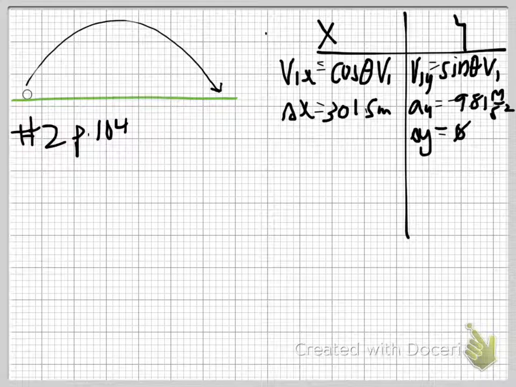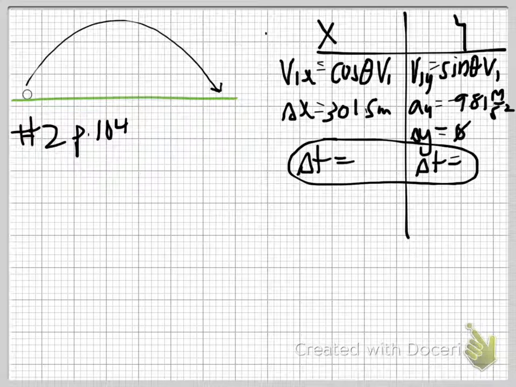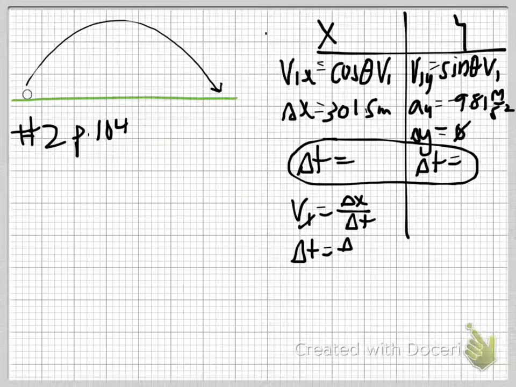So we're relating that point in time. Okay, so aside from that, we know delta t is generally our bridge. So if we had no concerns that we didn't have VI, how would you solve this? So Vx equals delta x over delta t, so delta t equals delta x over Vx. And then we're looking for the highest point in the flight, so we need something that gets us a,